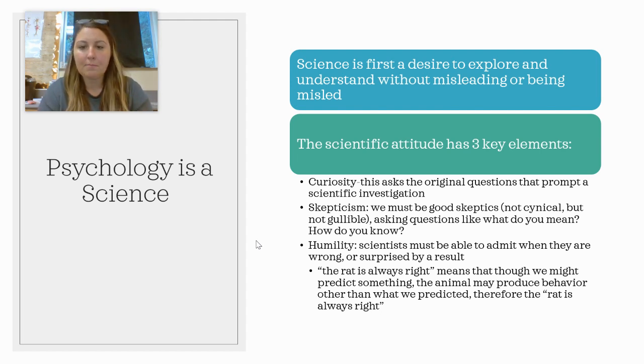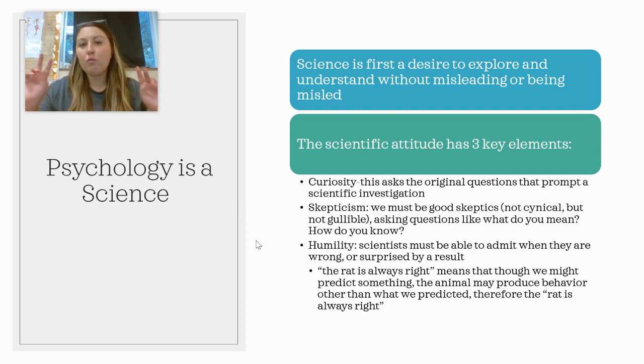The second is skepticism. So when we are thinking and using a scientific attitude, we need to be skeptical of the things that people are telling us, even your teachers. You need to be skeptical about what they're saying. Ask them for the evidence. Where did you get this concept from? How do you know that this is true? And then lastly, humility. Scientists need to be able to humble themselves in the sense that they're not always right. They need to be able to understand that even though they might have had a hypothesis they thought was correct, it might not be correct, and have the humility to be able to do so.